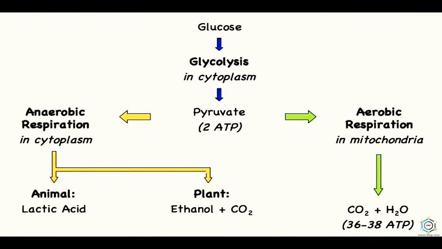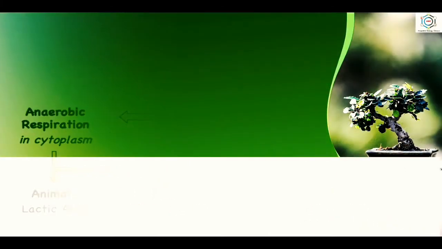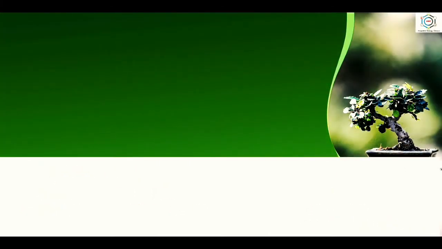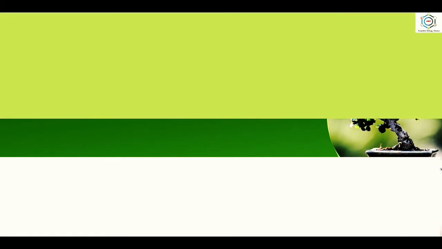So if you talk about the balancing of carbon dioxide, 6 molecules of carbon dioxide are released in the steps like formation of acetyl coenzyme A. Here 2 molecules of carbon dioxide are released. In the process of decarboxylation of oxalosuccinic acid, 2 molecules are released. And in oxidative decarboxylation of alpha-ketoglutaric acid, also 2 molecules are released. So a total of 6 molecules of carbon dioxide are released in the complete process.